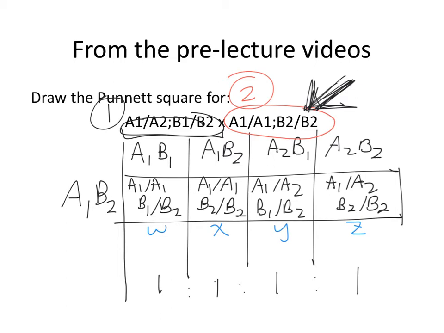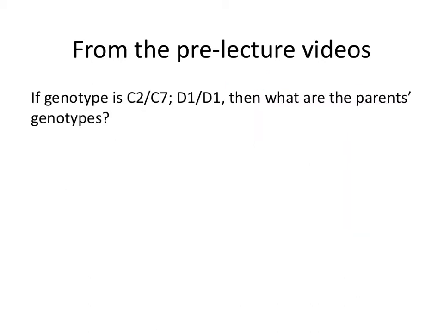Is there a reason you need to do a whole Punnett square instead of just doing that? All right, I think